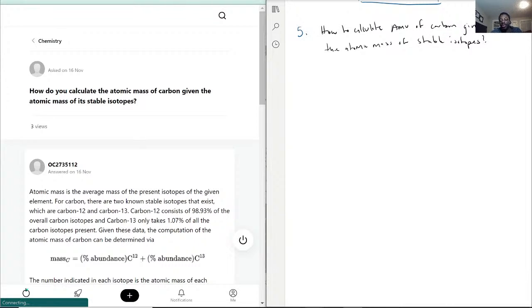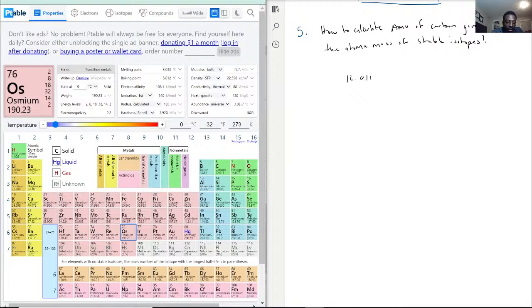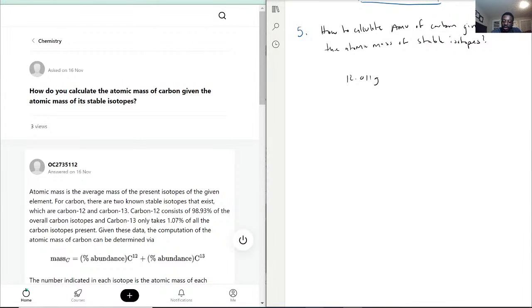So that's honestly a great question, and this is actually what's done in real life. The thing is that finding carbon that's 12.011 grams in nature doesn't really exist like that. The reason I say that is because, based on how they calculated the moles and everything else, you would typically have it to where